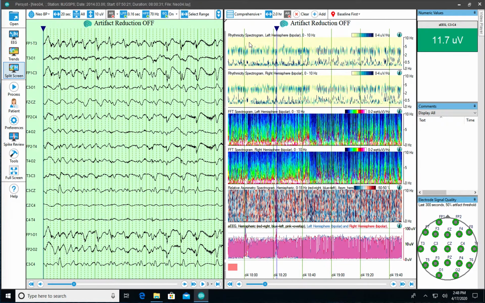There's a comprehensive trend panel. This is a take on the panel that's created for the standard configuration within Persyst 13. We have rhythmicity, FFT spectrograms, asymmetry, and aEEG, left and right hemisphere bipolar. And this is not a traditional panel for looking at neonatal EEG, but some things we did do to it